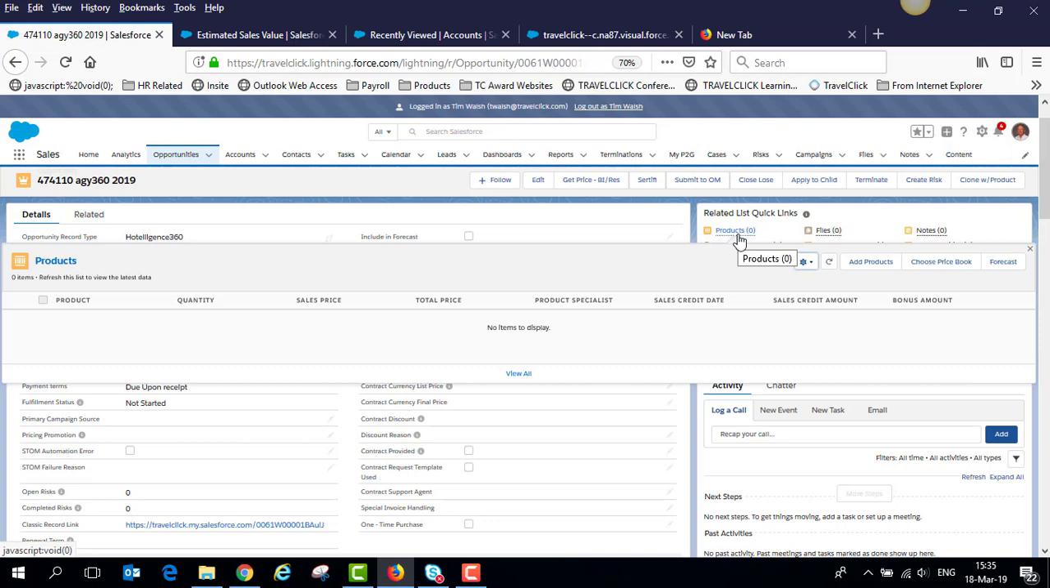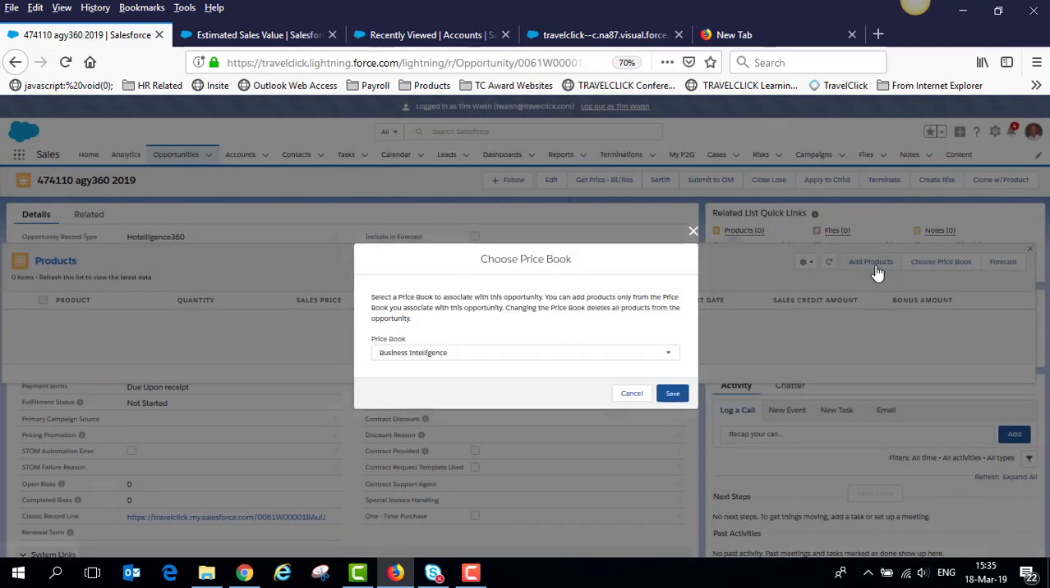In this case, it would be Agency 360. And we add a price to the opportunity as well, because obviously we're forecasting, or this goes into our pipeline, we'd want to make sure that there's a price on the opportunity as well. So if I hover over product and then click on add product,